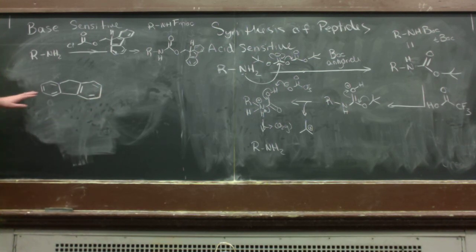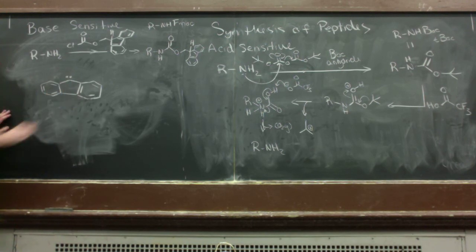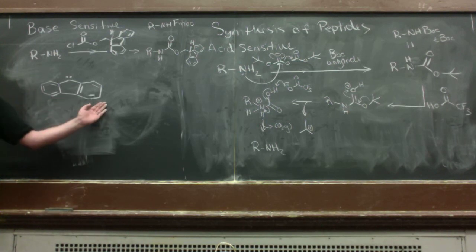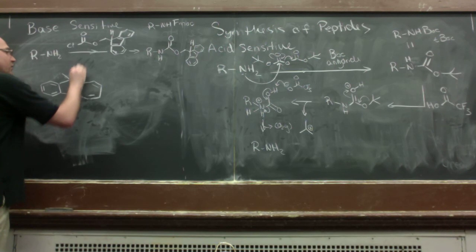This molecule here is two aromatic rings. They're not in conjugation: 6 electrons over here, 6 electrons over here, 12 total. If now you have 2 electrons here, that's in conjugation with the rest of the system. It's now 14 electrons, so this overall system is basically aromatic. Part of the reason it's so good at being deprotonated at that point is this. So the idea here is that once you have that deprotonated,